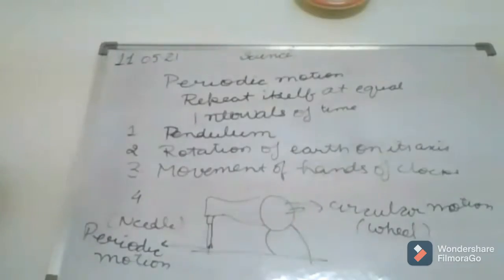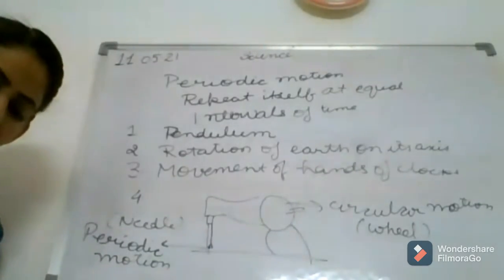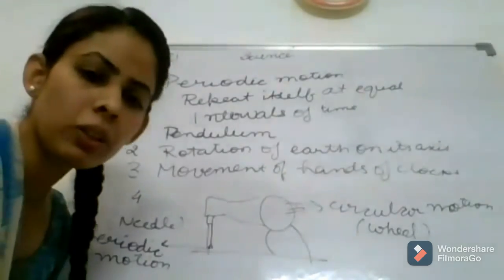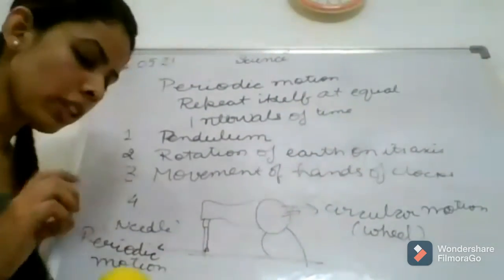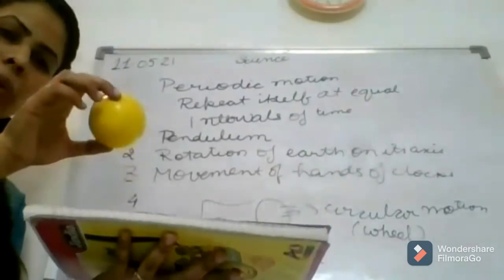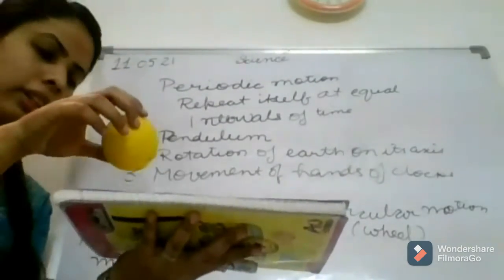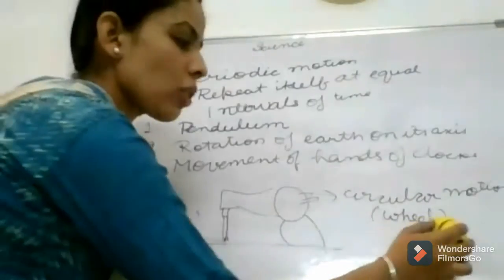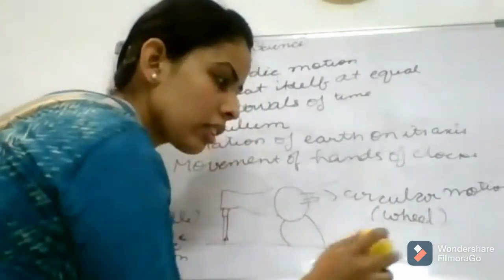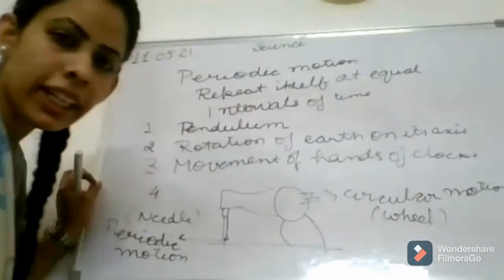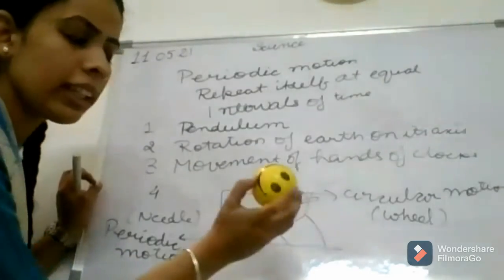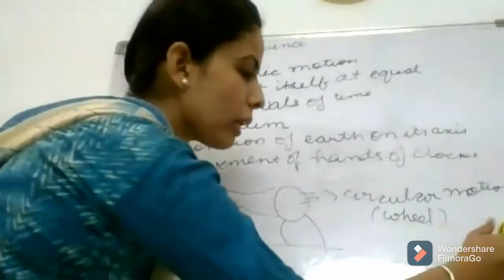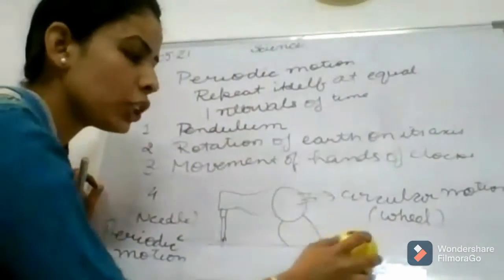Clear? So next example. Have you observed closely the motion of a ball on the ground? So we will do this activity. Yes, students, you will observe it carefully. Okay, it is a ball and it is on any surface that I am taking. Now I am pushing the ball. Which direction is it going? Forward direction. And you also see the smiley here. Now when it is moving, the smiley is going up and down. It is changing its position.